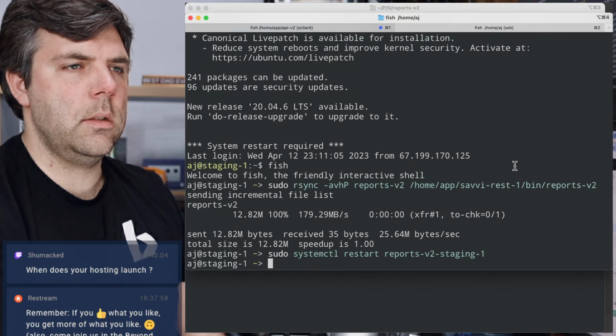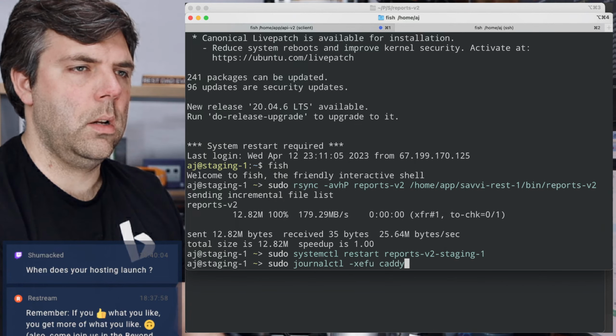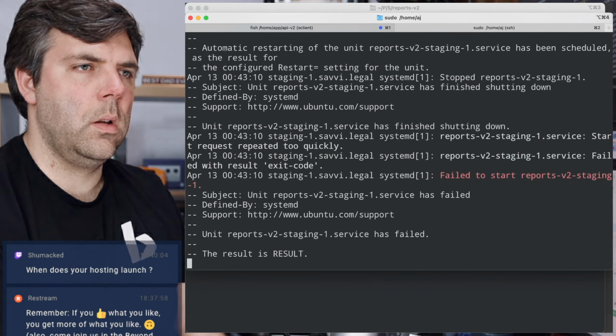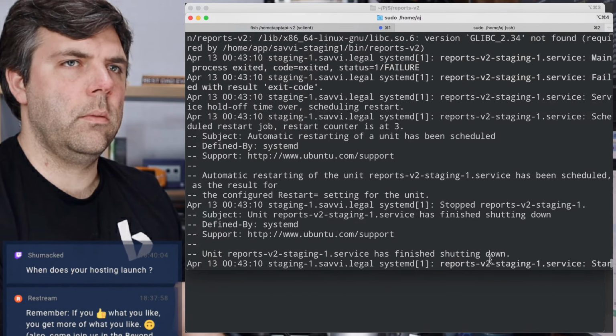All right, so bad gateway all around. That makes me think that the deploy didn't go smoothly. Failed to start. Okay, did I send the wrong binary format?